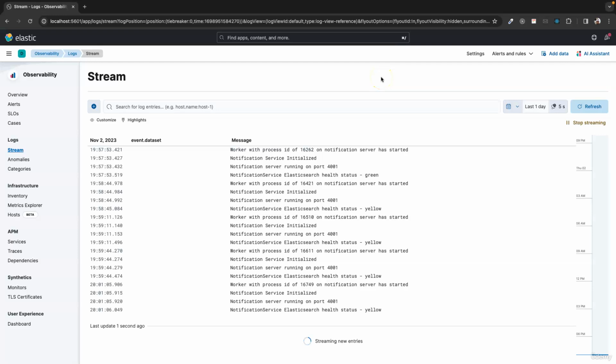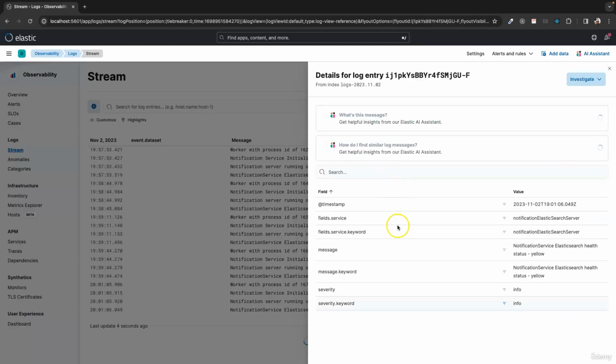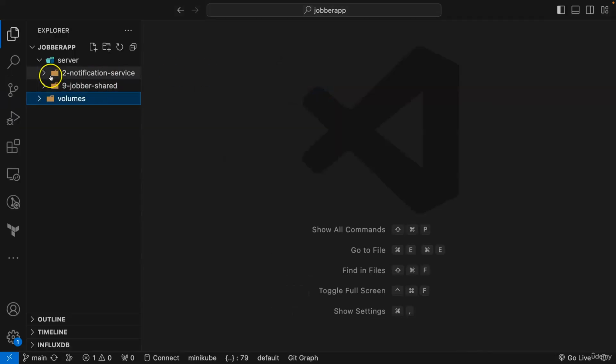Hello and welcome back. In the last video, we saw our notification logs displayed on Kibana, and here if you want to get more information, you can click here, view details, and you will get more information about the logs. So we have this running. What we want to do now is to set up our